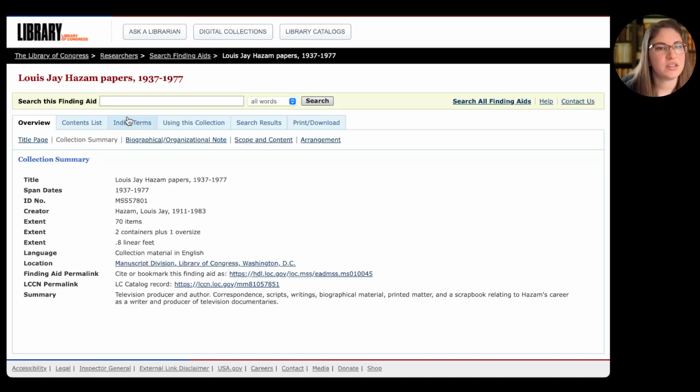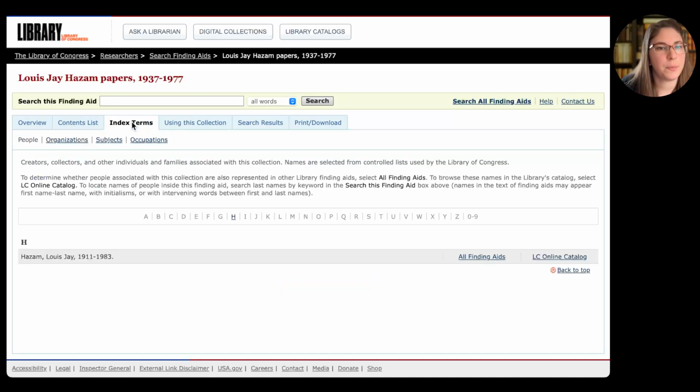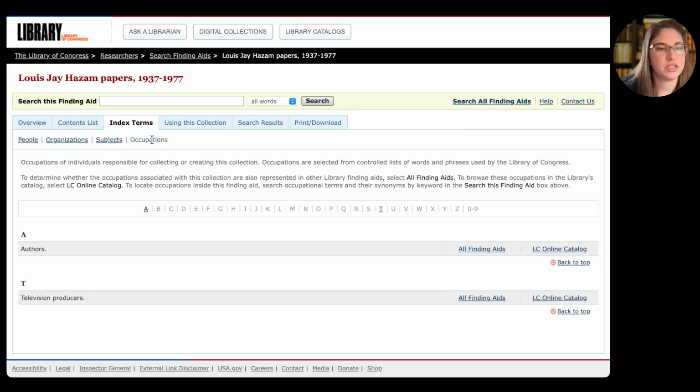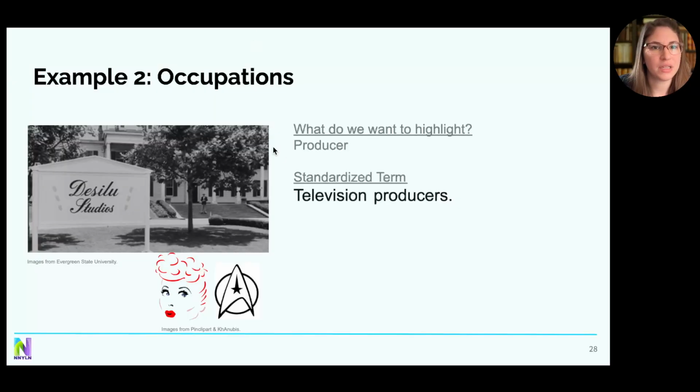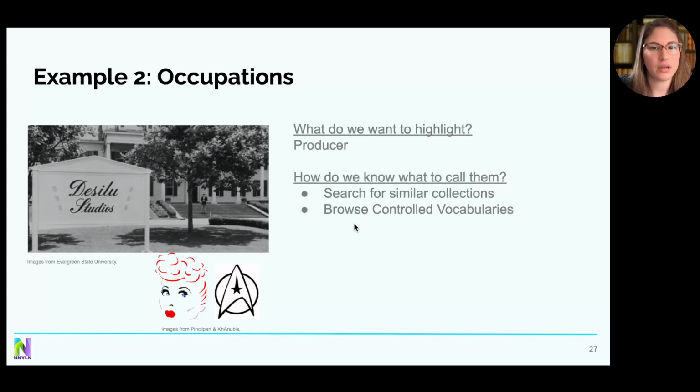We'll see in this third tab over right here, we have something called index terms. And then we have different types of index terms. We have people, organizations, subjects, occupations. Let's see what's in occupations. So in this tab, we can see that we have a few occupations listed. We have authors, which doesn't pertain to us, but we also have television producers. So that's a word that sounds super relevant to what we were trying to look for. So if we go back to our slides,